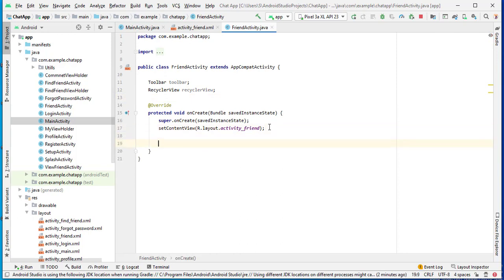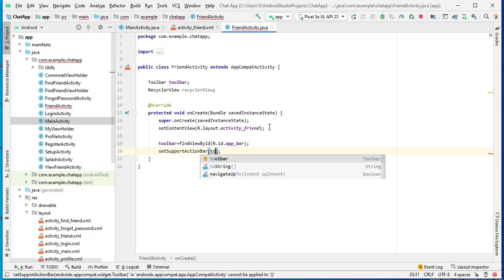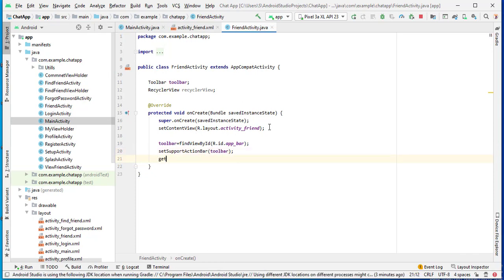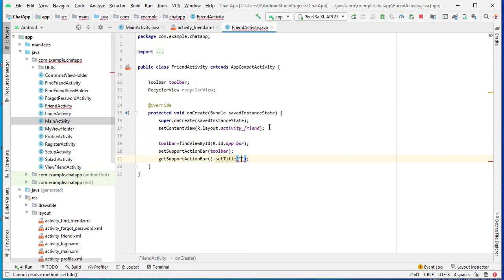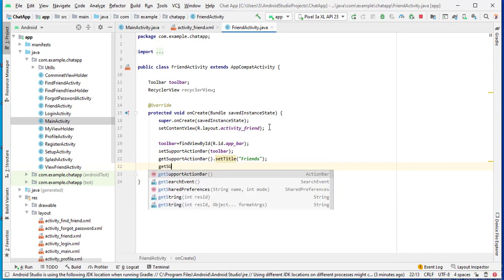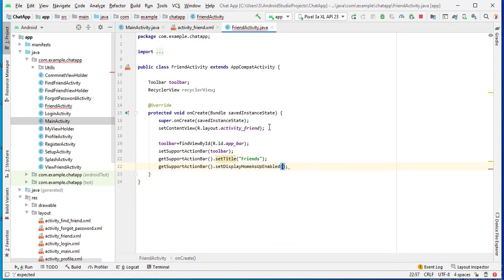So here we will initialize this toolbar equal to findViewById R.id.appbar and setSupportActionBar and here we will pass simply toolbar. getSupportActionBar().setTitle and here we will type friends. Okay, getSupportActionBar().setDisplayHomeEnabled and here we will pass true.